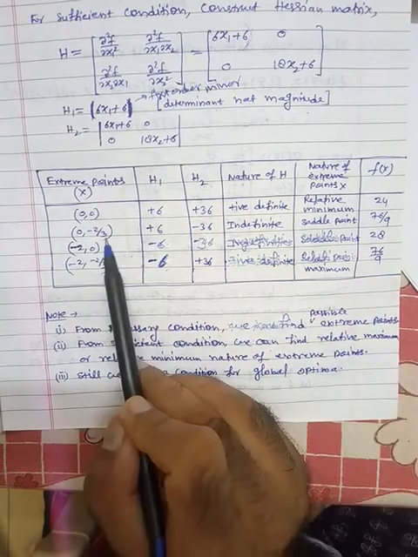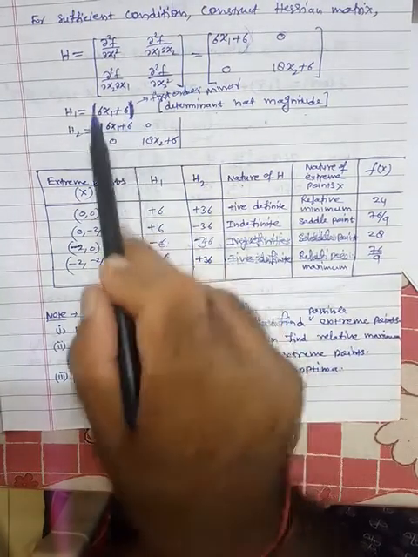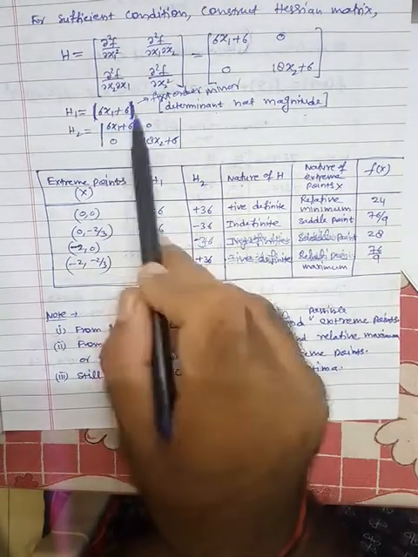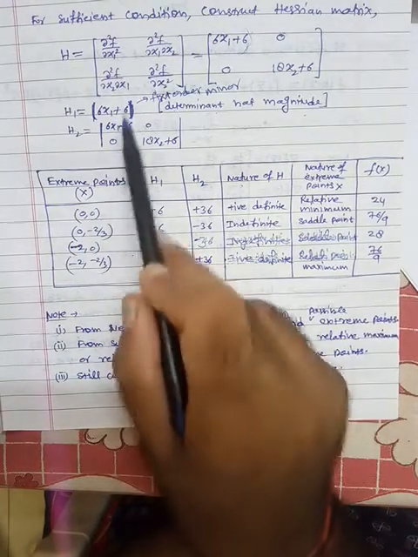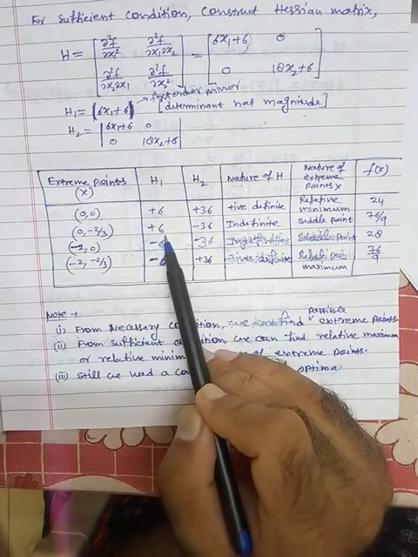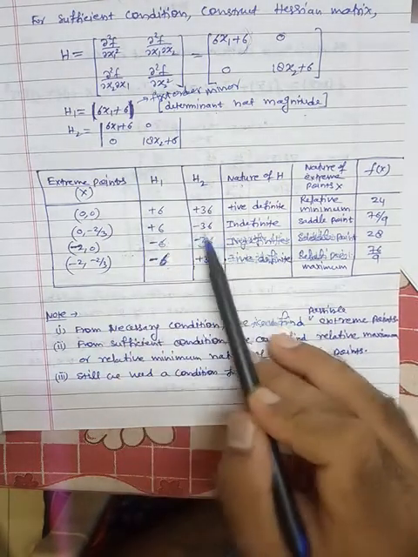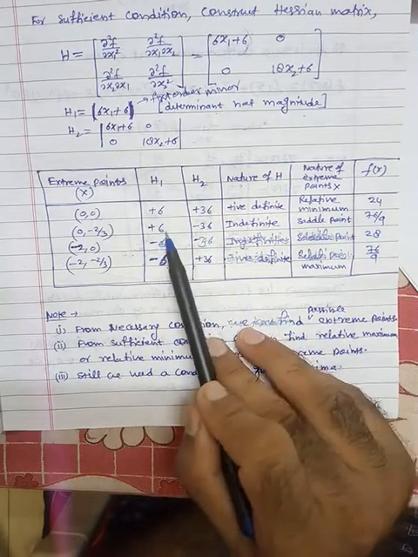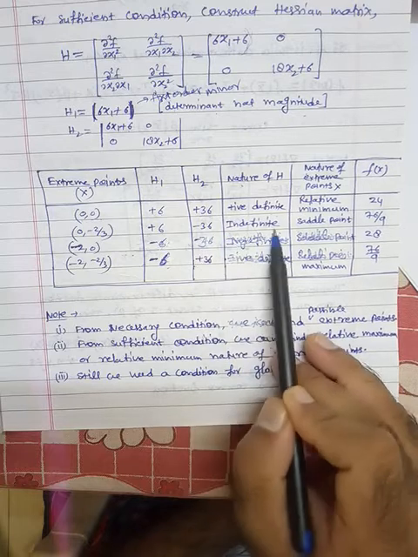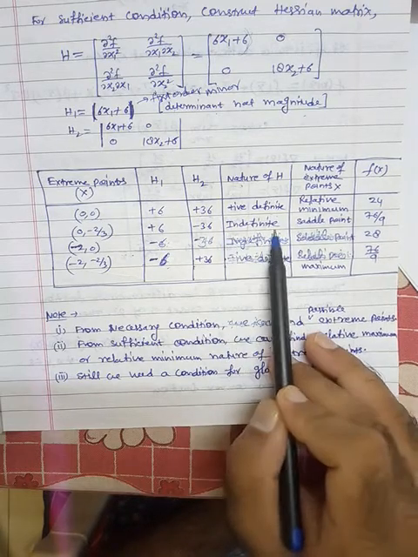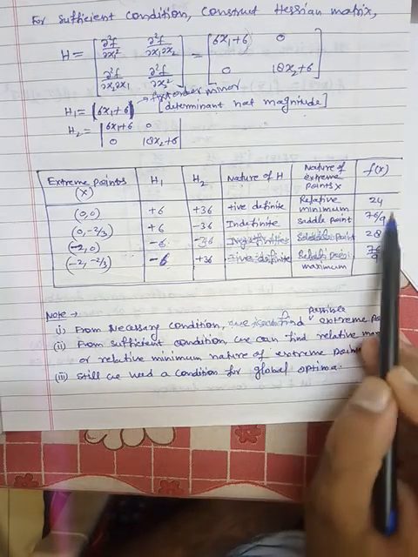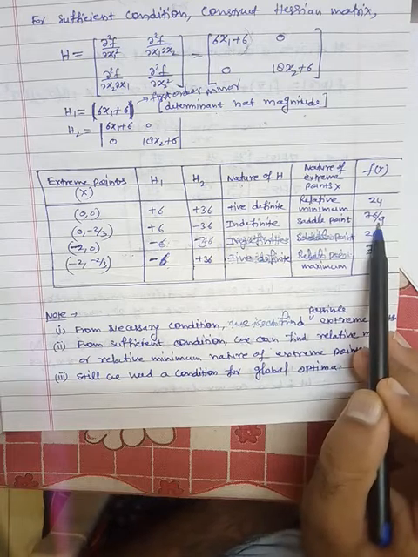Now here is the second point. First find out the sign of the first minor. Put x1 as 0 here, so this will be 6. Put x1 as 0 and x2 as minus 2 by 3 in the second order minor, and we will get minus 36. So this is positive, this is negative, so indefinite. So saddle point, and the value is 76.9.